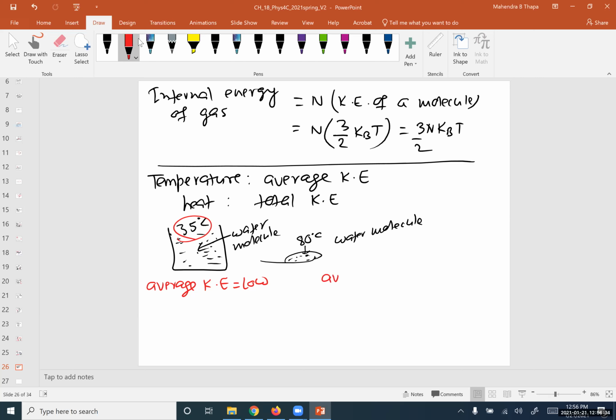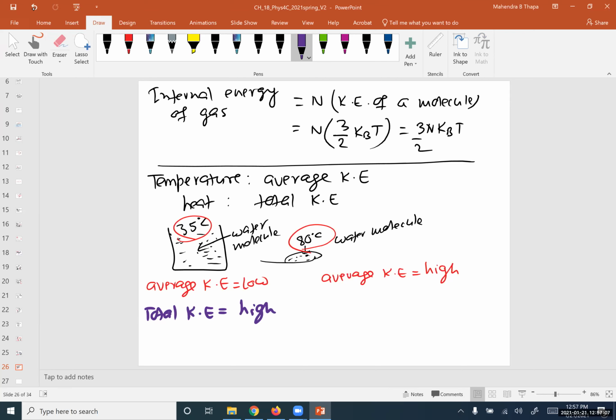Here the average kinetic energy will be high because you see temperature is high here. In the other way, you can see the total kinetic energy in this scenario is high